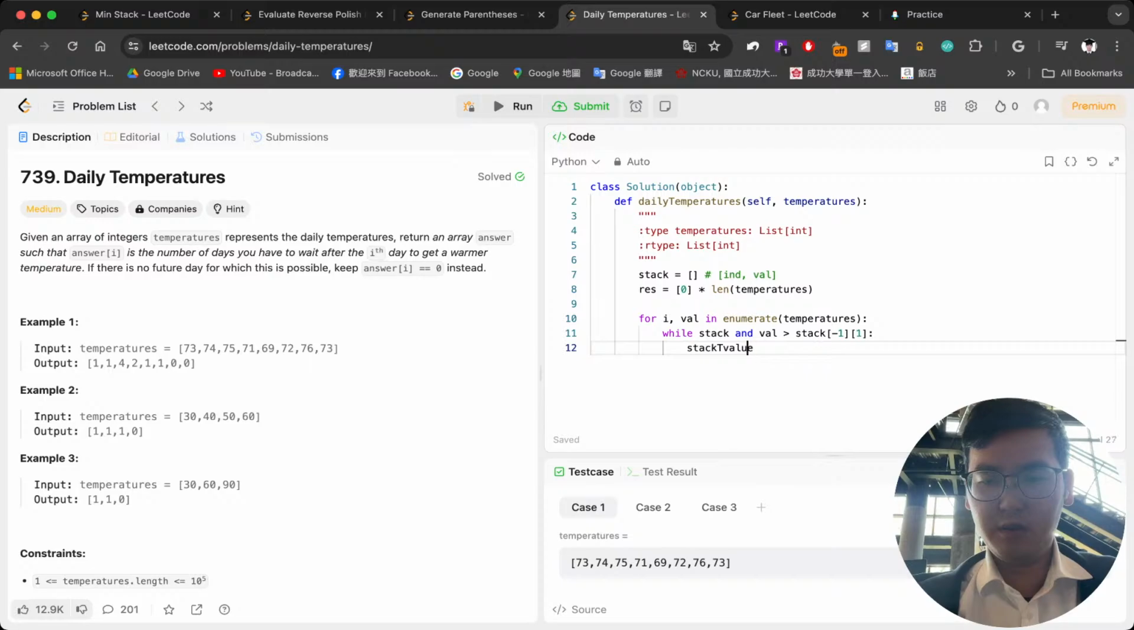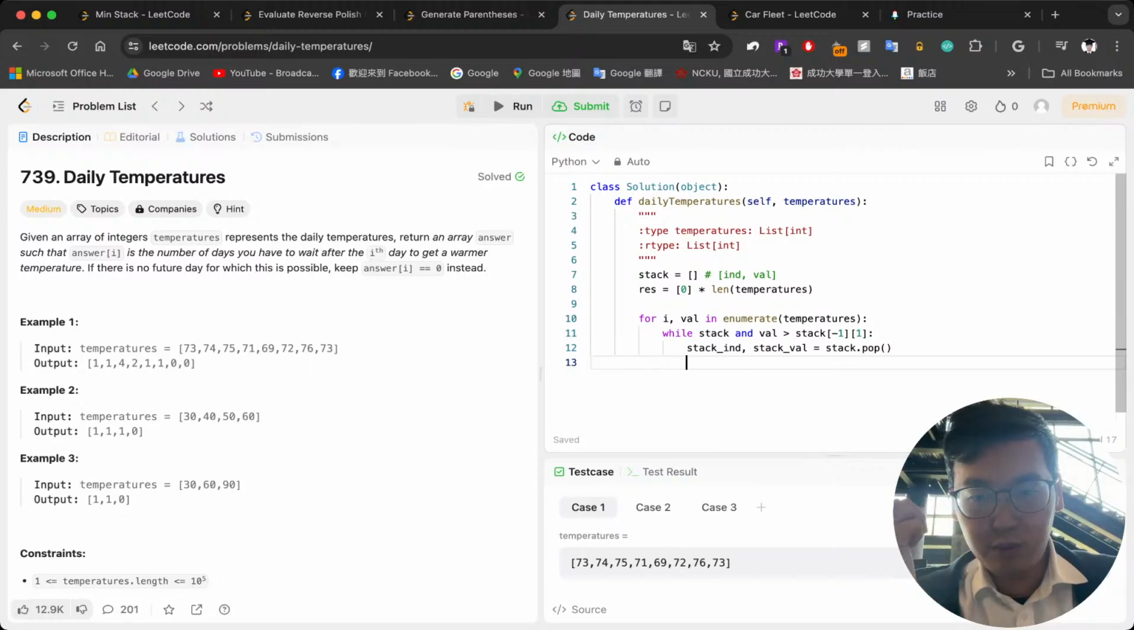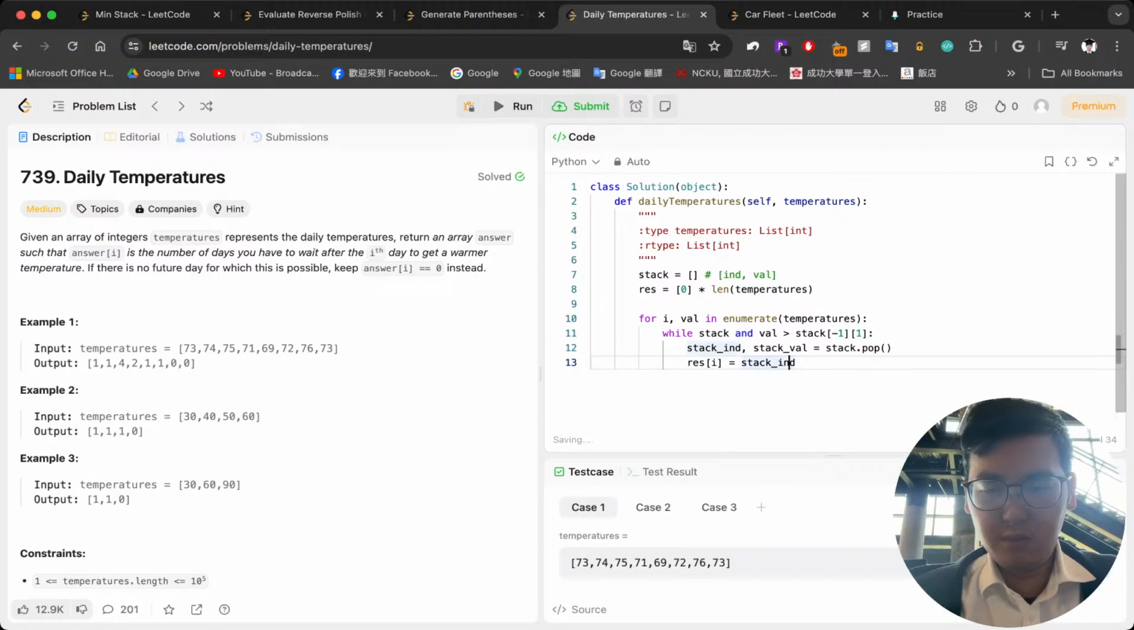Value, we have stack index and stack value dot pop, and then we would update our results. So the results at I will become the